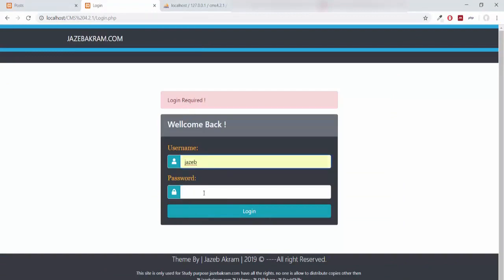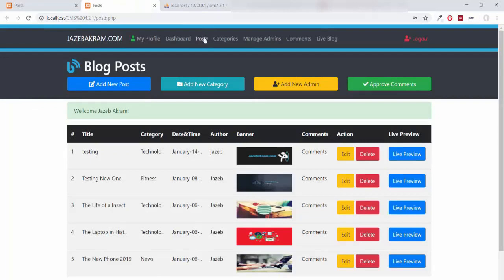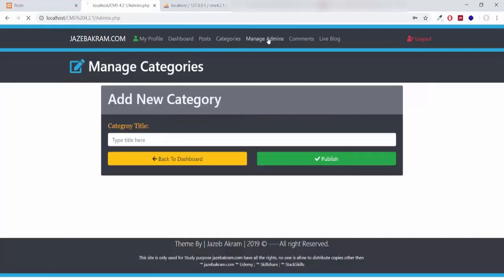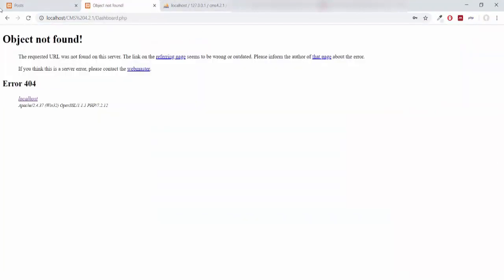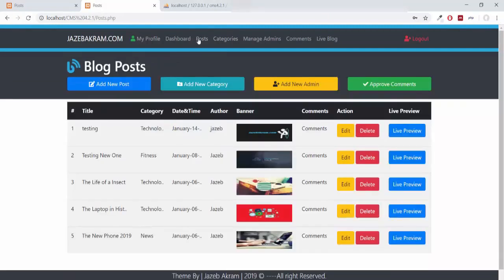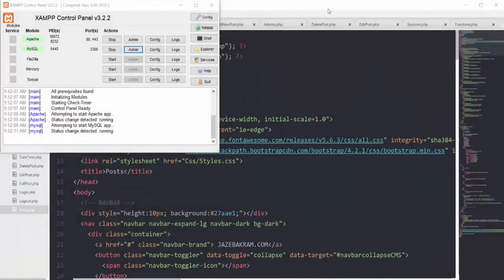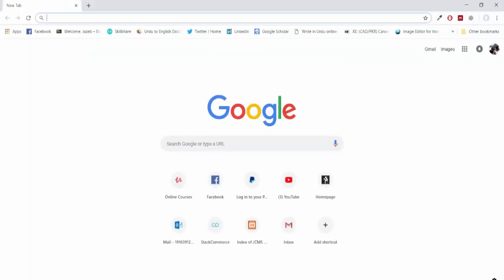So now if I click on posts page, you can see login required. If I give it login of Jazib, I can go to any page of posts.php, categories.php, admins.php. I can navigate to any page I like. But if I close my browser from here and open my browser again, so I told you that when you close your browser, all of your sessions get deleted automatically.